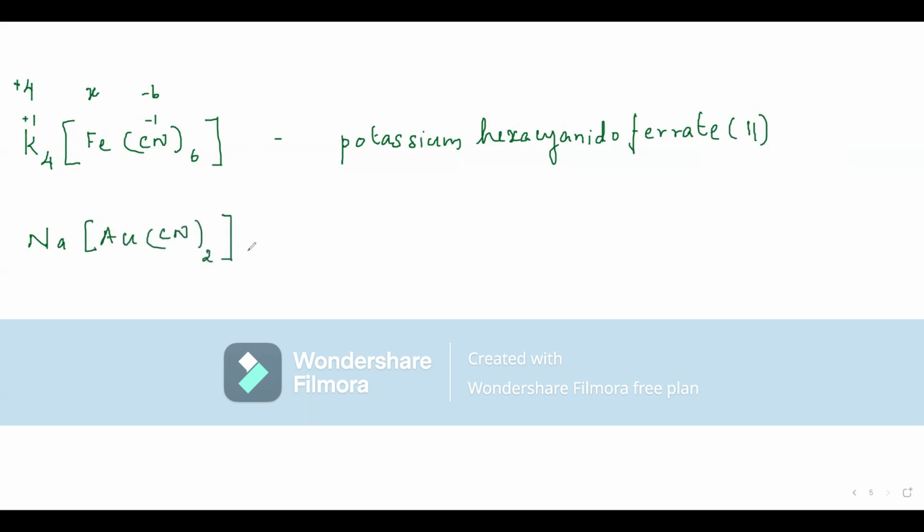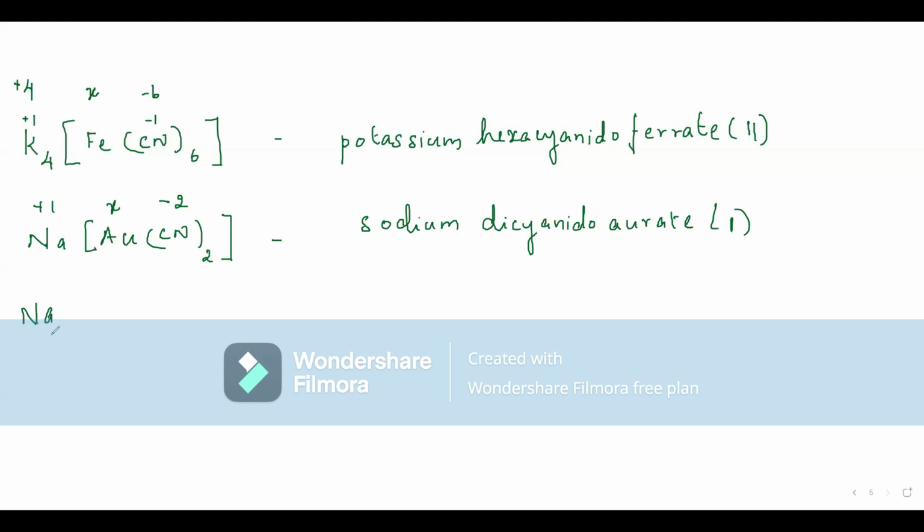NaAu CN twice. So sodium dicyanidoaurate, Au, aurum, gold, aurate, +1, -2, -1 per cyanide, but 2 of them, -2, X. So X -1 is 0, X is 1. Next example,